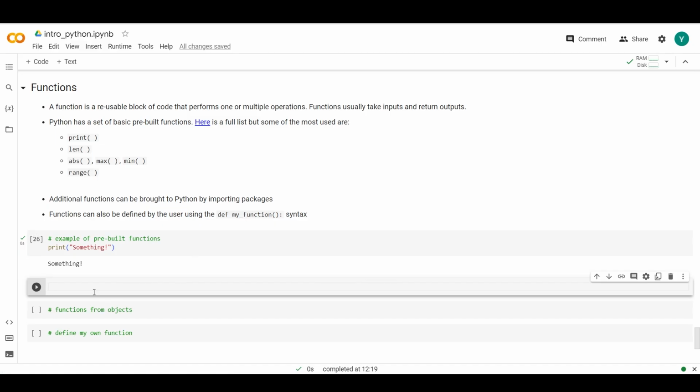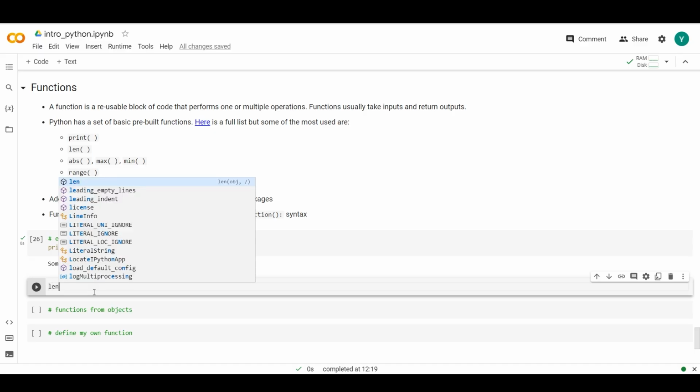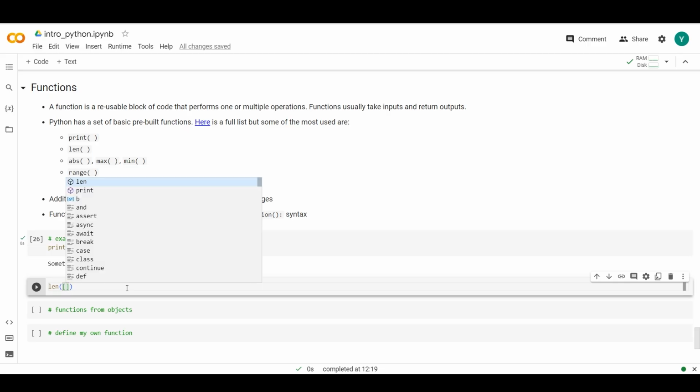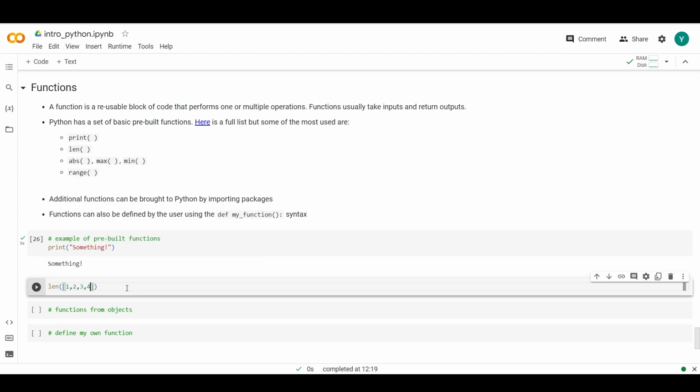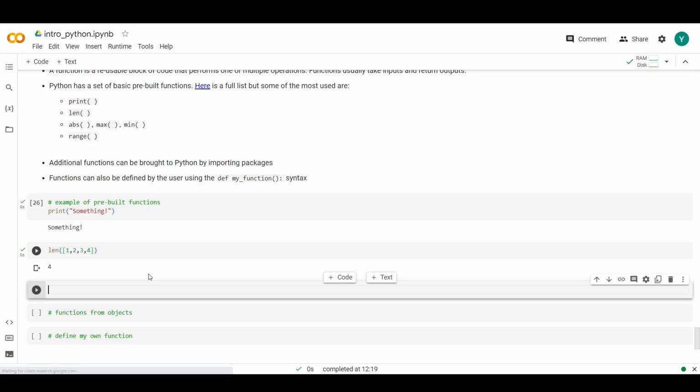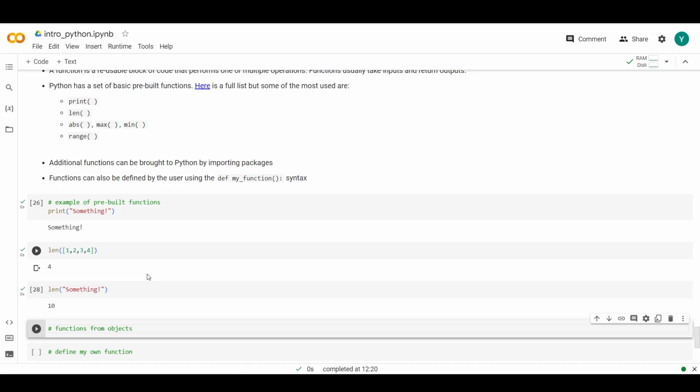But we can see how other functions work. So let's use the len function for length. Again, color changes once it recognizes that we're looking for a particular function. And let's give it as an input a list. So let's create a list that has 4 elements. And when we apply the function, we get a 4 in return, which just is the count of objects within the list. If we apply the len function on a string, right, like this, it would return the number of